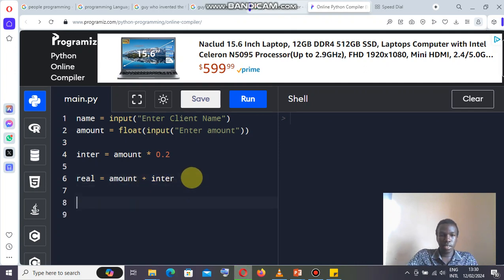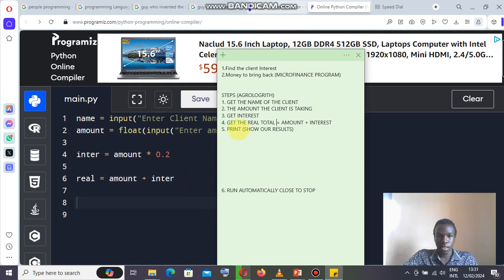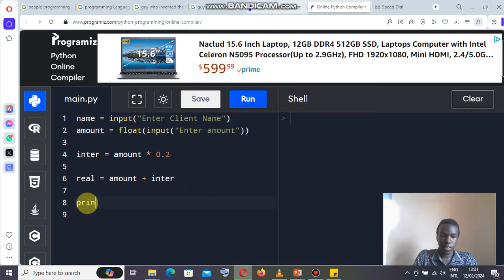So the next thing is printing our results. So we are going to set print. We are going to first start with the name. So we have this plus. You understand all these things later. Plus.